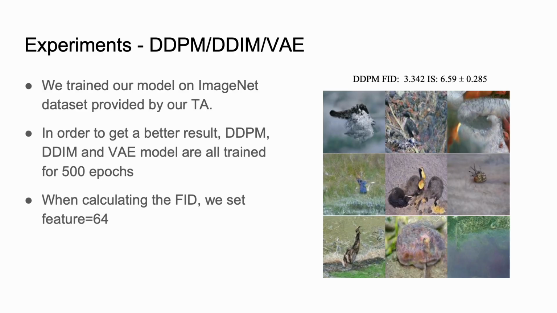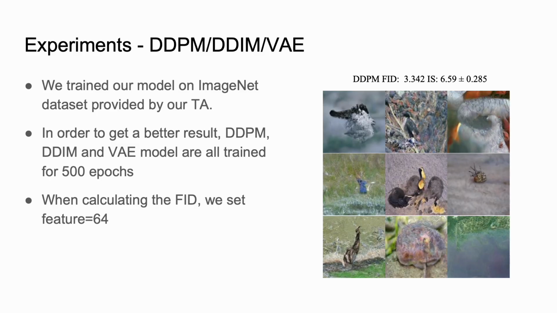Moving on to our experiments, we trained our models on the ImageNet dataset provided by the teaching staff. We trained the DDPM, DDIM, and VAE models for 500 epochs to ensure fair comparison. For evaluation, we looked at FID and IS. On this slide, you can see our DDPM baseline achieved an FID of